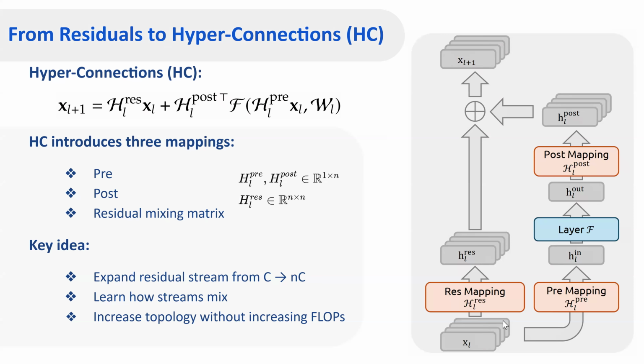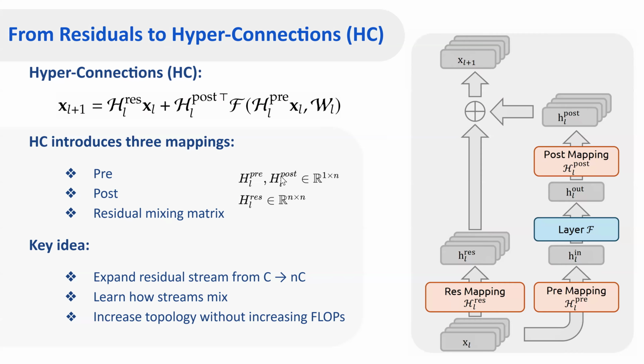So at the very first we have n number of signals, and a standard residual block. We have this path. Here we have a pre-mapping, which we apply before that layer, like attention could be here. And we have a post-mapping. And in this residual path, we apply a res mapping, which is important. And at the end, you can see the formula to get the output is something like that.